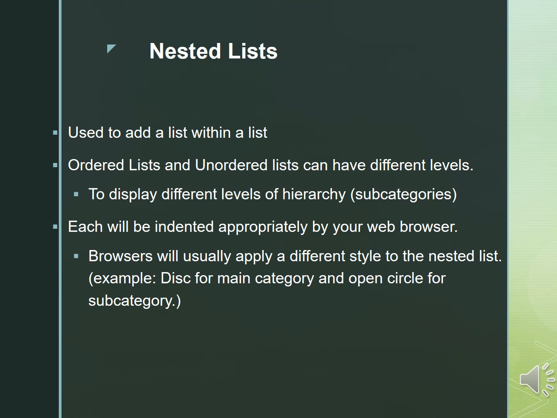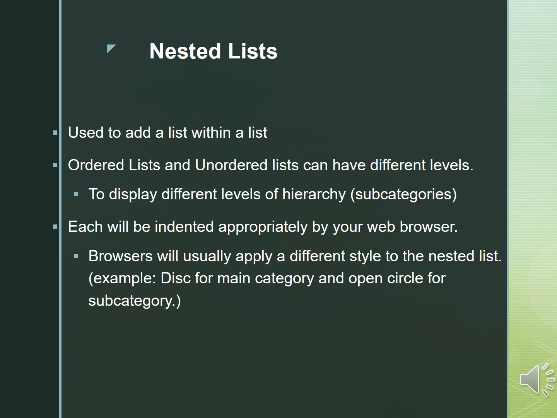Next topic is nesting of ordered and unordered list. It can be one ordered list inside another ordered list, or one unordered list inside another unordered list. Basically, it is used to add a list within a list. For example, if I have subjects like science and commerce, science can have an internal list with different subjects like physics, chemistry, biology, computer science, etc. Same way, commerce can have internal subjects like English, accounts and so on. So if I want to create such a kind of list, we'll go with nested list.